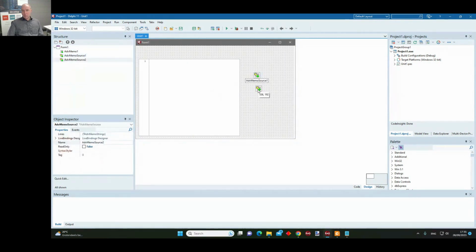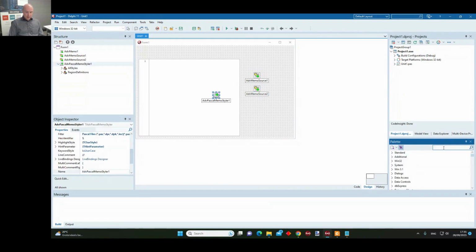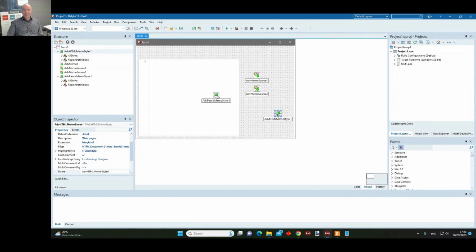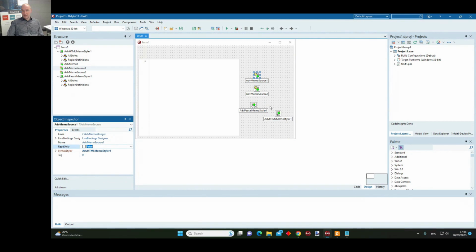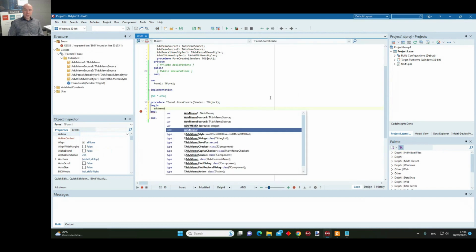I will need 2 like this, and we also wish to have a Pascal styler and an HTML styler. HTML memo styler, okay. And what I do is I connect the Pascal styler to the first memo source, and I connect the HTML styler to the second. And now I will load my memo sources.